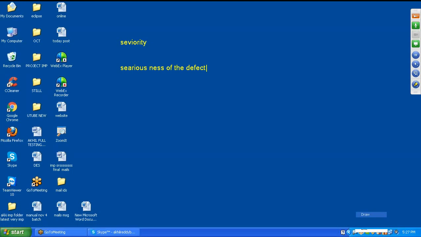In the severity concept, we can classify all defects into 4 types. We can't just say it is a big defect, a small defect, or a very small defect. That is not good.